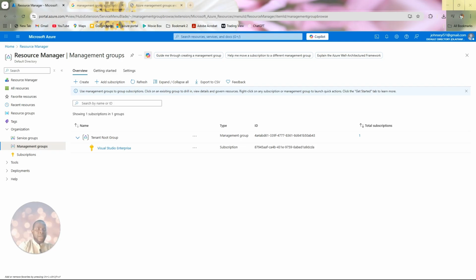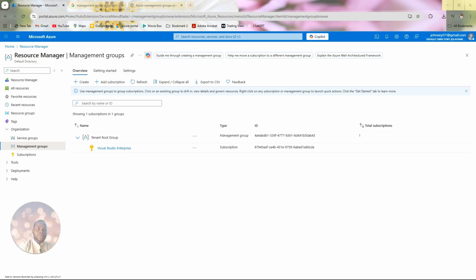You understand? A subscription is what Microsoft or a cloud service knows you to be, kind of. Let me explain what I mean by that. If they want to charge you for a service used, they will charge you based on your subscription. Do you understand? Every charge, the cards and everything will be connected to your subscription. For instance,